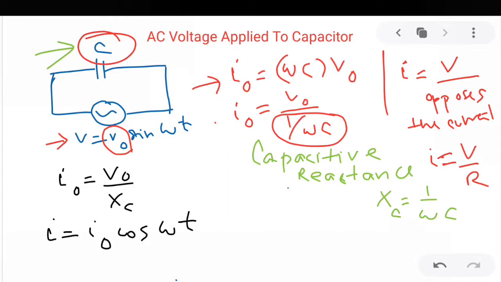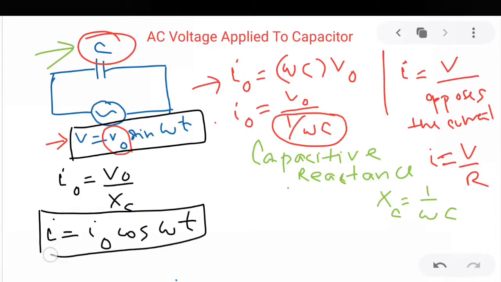Okay. Now see, when you have to compare the phase, why am I comparing the phase? Because see, I have the equation for voltage and I have the equation for current. V₀ is the peak value of voltage and I₀ is the peak value of the current. Now if you have to compare the phase, I cannot compare this directly with ωt.